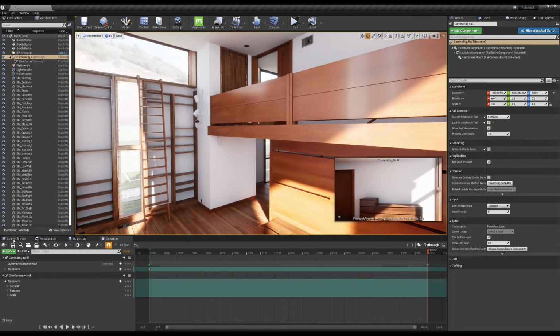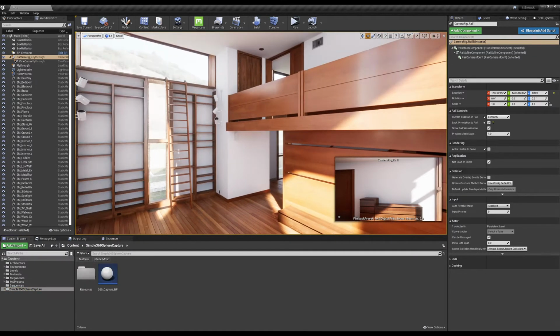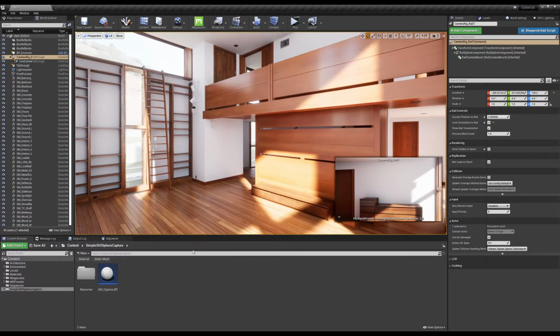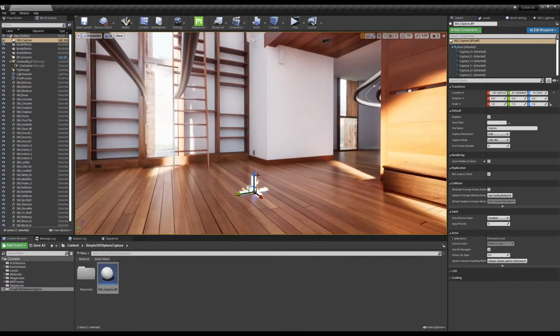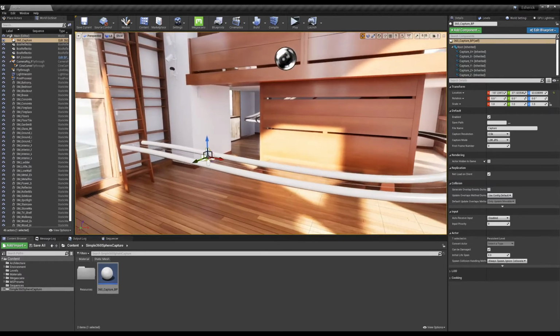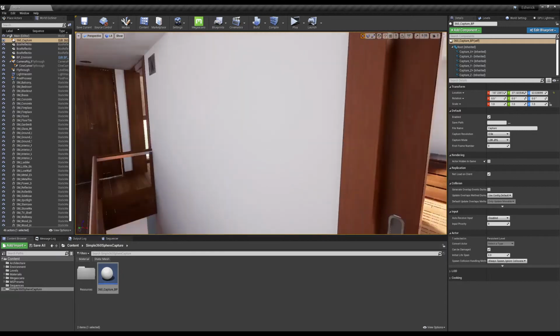So all you really need to do is, once you download the tool, just go to your content folder, the simple 360 sphere capture subfolder, and just drag the tool into the level. It should look like this, kind of a gizmo of 6 cameras. And all you really need to do is to make sure it's parented